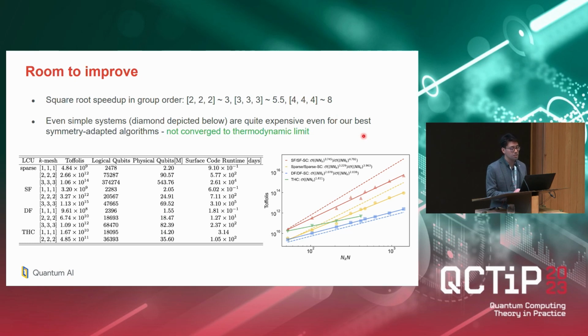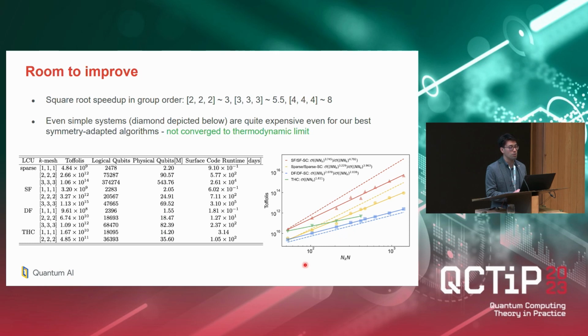But even with this speedup, for realistic basis set sizes, and these systems are not converged to the thermodynamic limit in any sense, it looks pretty challenging in terms of the quantum resource estimates. And so this is just a summary table. What's really important here is the right diagram, where these are the number of Toffolis that are required to perform phase estimation, so not just the block encoding, but the total phase estimation. And each line, the red is the single factorization, this yellow is the sparse, and